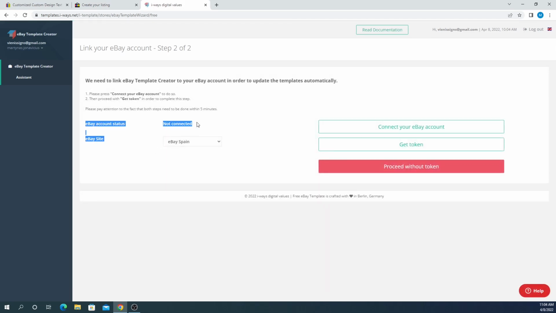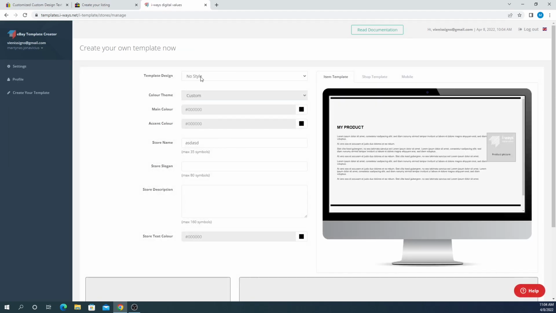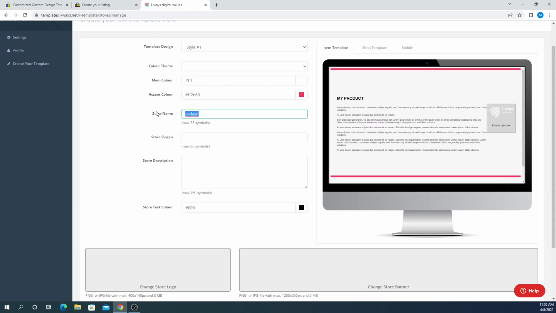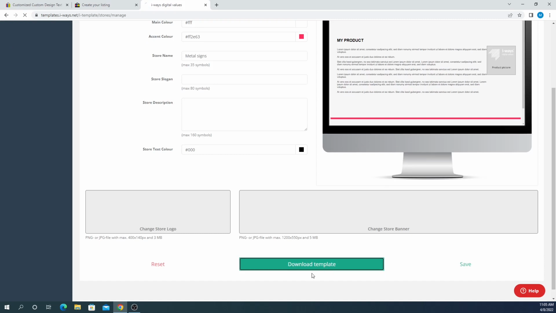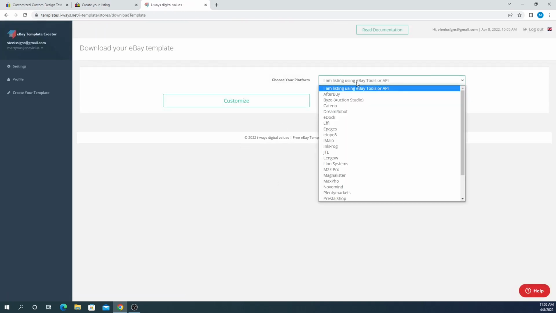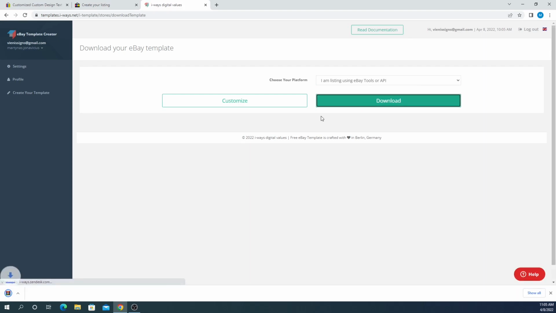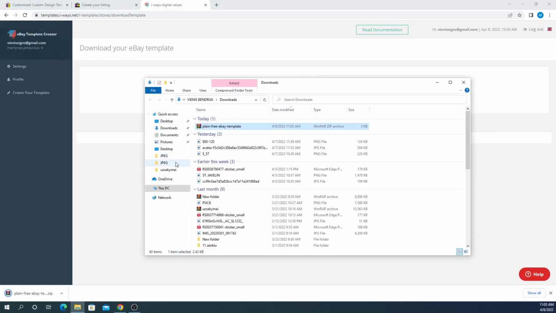Once here, you can connect to your eBay, which we don't want. We just need to extract the HTML code so we can use it in our listing. So we choose proceed without token. Now we can enter style, choose styles, enter store description, and so on, but this will take a lot of time. So for this example, I will choose this template without changing anything, and I press download template. You don't need to choose anything, you just have to press download,